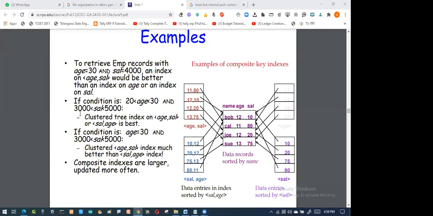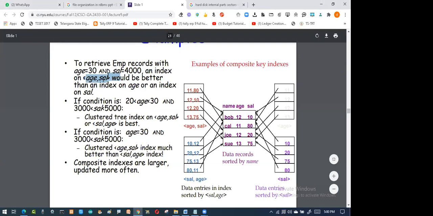Please read the query very carefully. I want the records of employees whose age is 30 and salary is 40,000. That means I should get a match on the age as well as the salary. So what is my criteria? My criteria is this one: age and salary.